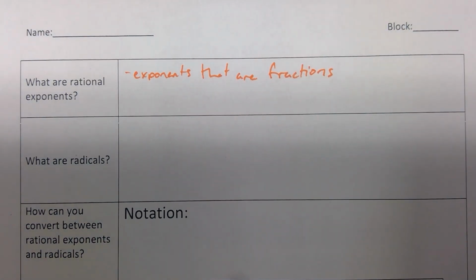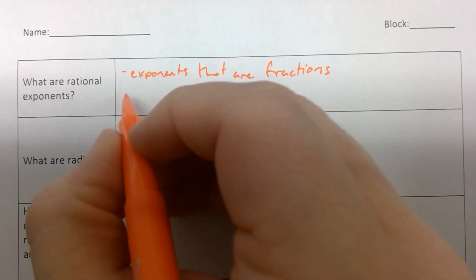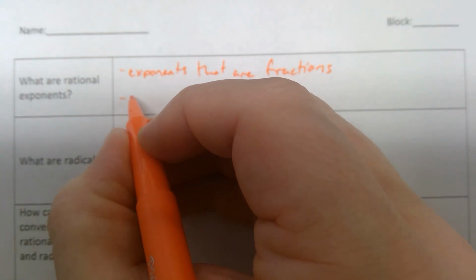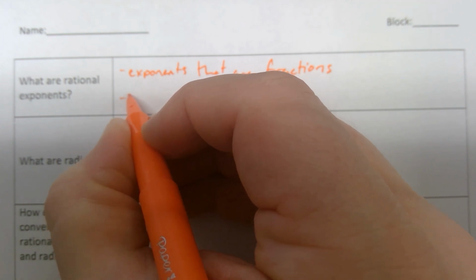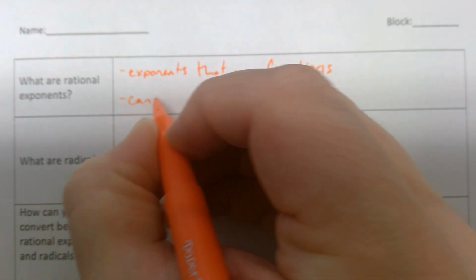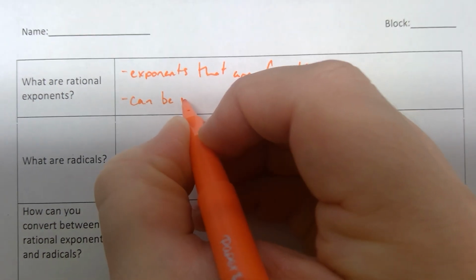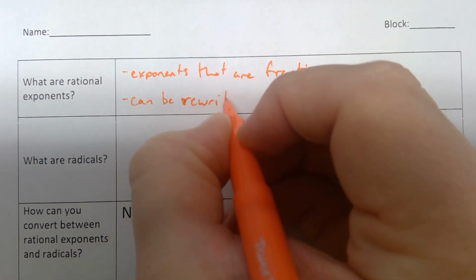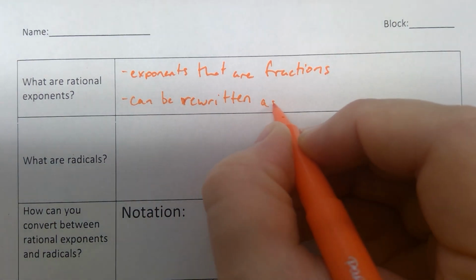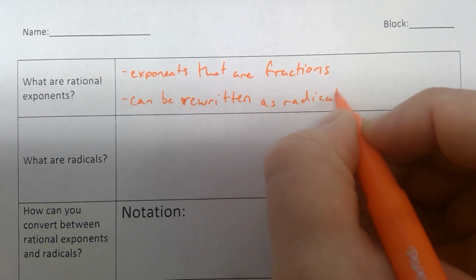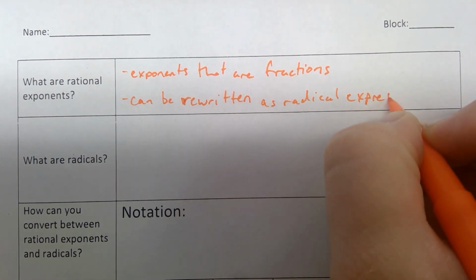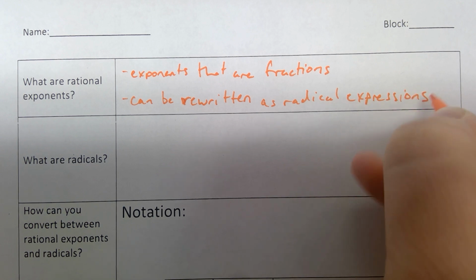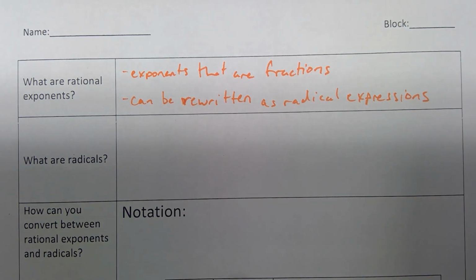Okay, they're exponents that are fractions. Now, these rational exponents will allow us to rewrite them as radical expressions. Okay, so they can be rewritten as radical expressions. Now, we've not talked about radicals, but we have talked about something that's similar to radicals, and that's called